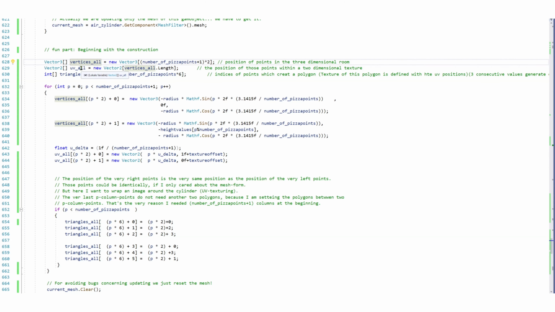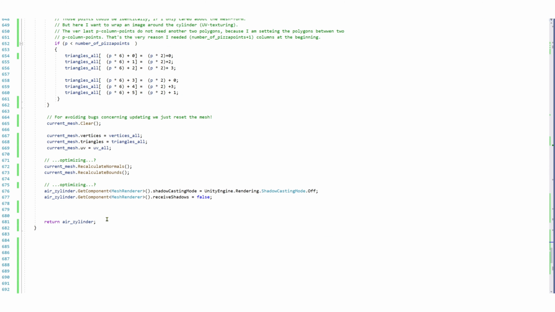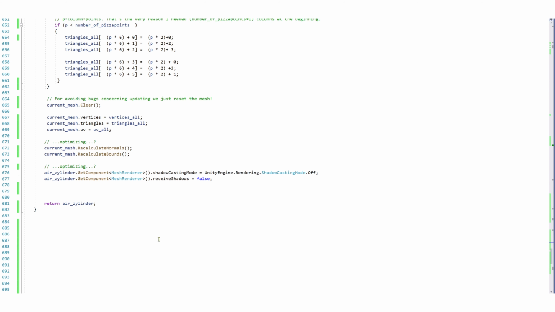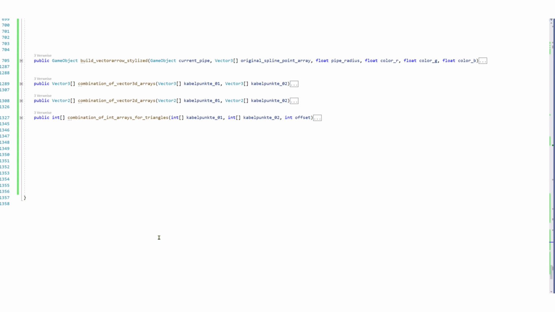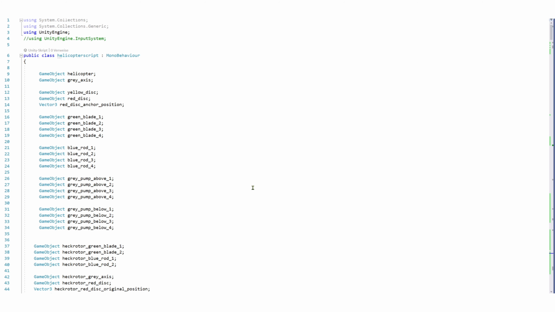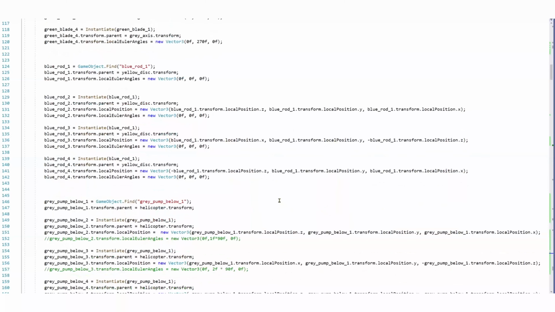We set the points, the vertices, then we set the positions on the textures, the UVs, and we tell the code which triangles to combine in order to get polygons. Optionally we have some updates here, and the function creating the three-dimensional vector is not explained in this particular video.